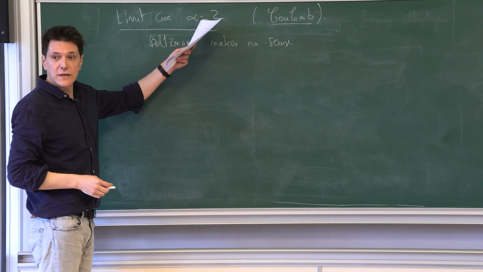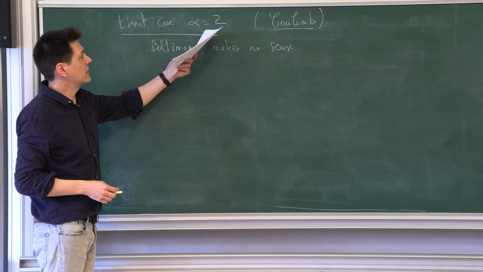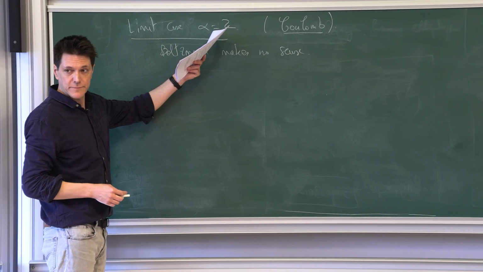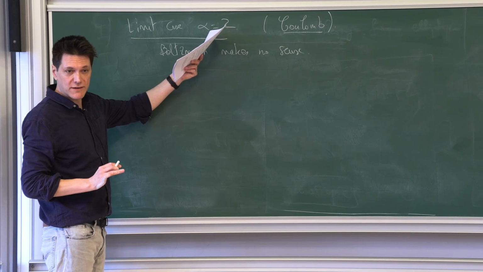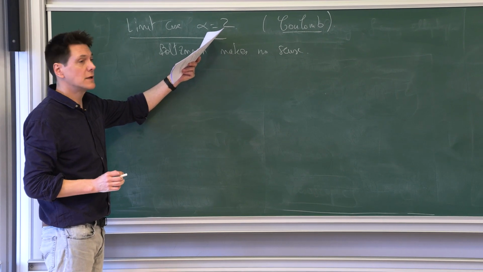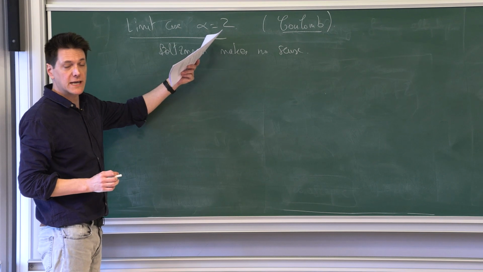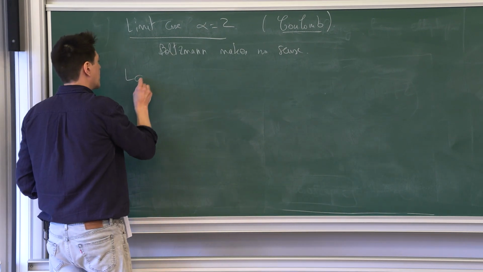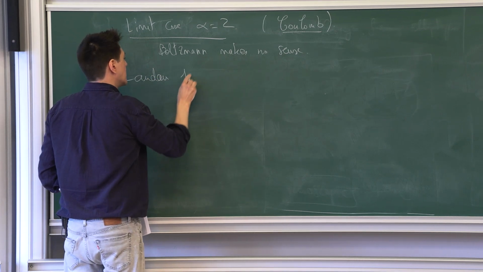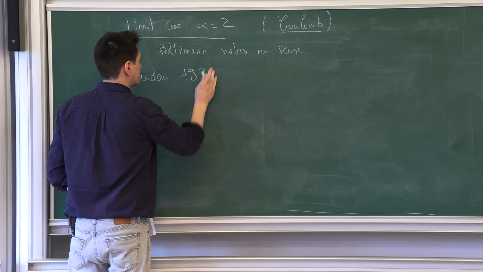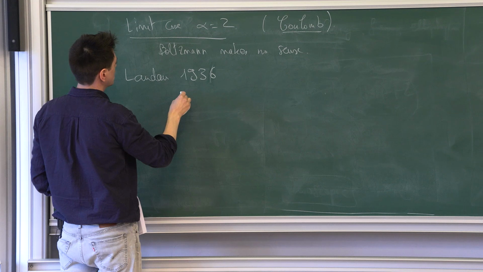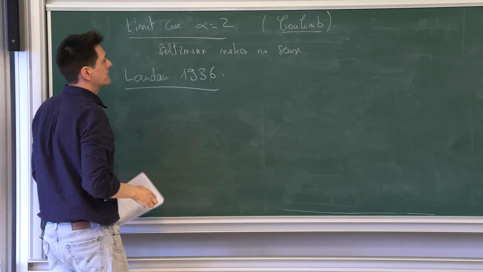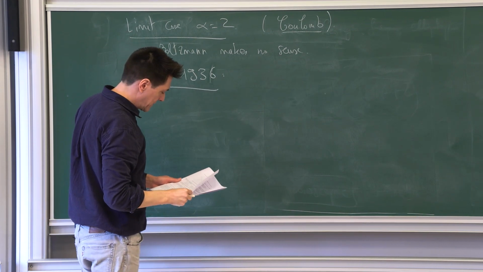It's annoying because this is the case you want to consider for plasmas. Even though plasmas have a low level of collisions, they still do play a role. And if you want to understand the collisions between electrons in the plasma, you want absolutely to consider this case. And so Landau proposed in 1936, 6 I think, a modification of the Boltzmann operator